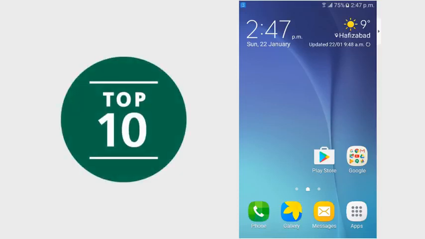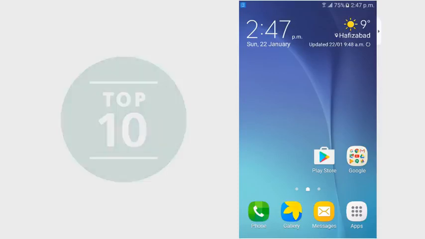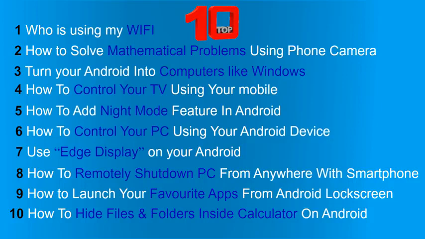In this video I am going to show you top 10 Android hacks you can do without rooting your phone. Using all the cool hacks you can fully customize your Android device according to your wish and also be able to use some very cool things with your Android device. So have a look at these hacks for non-rooted Android. So now without wasting time, let's get started.